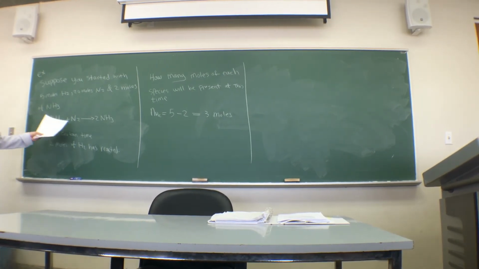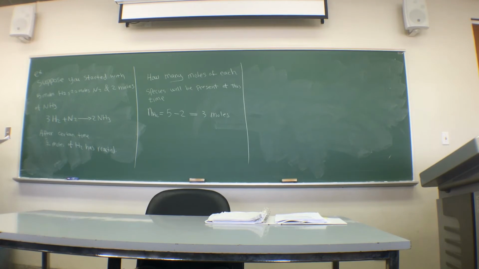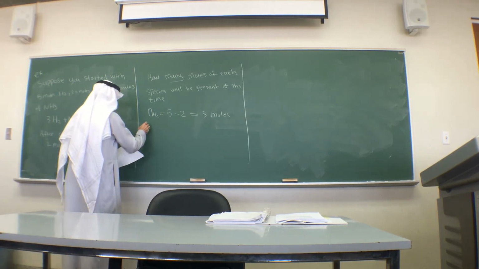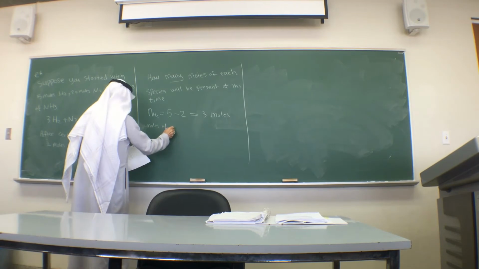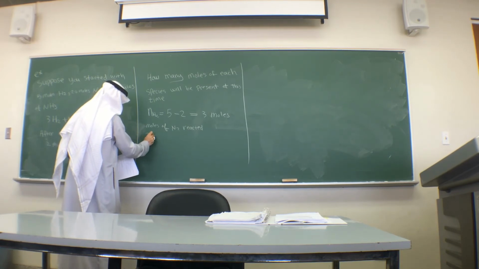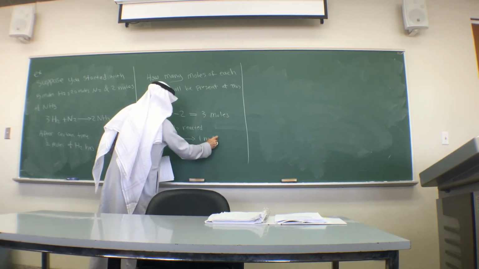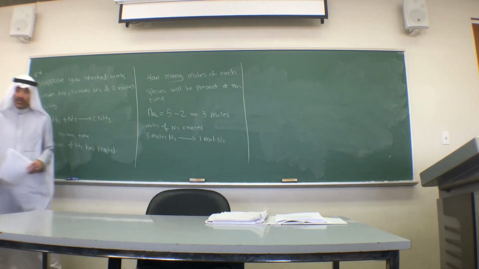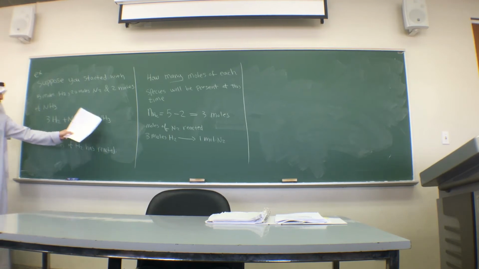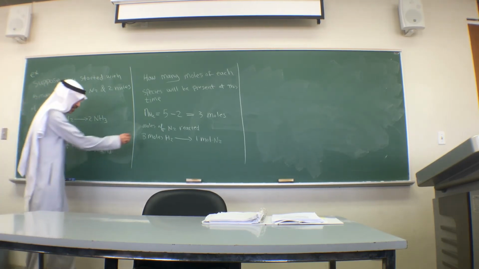What about the amount of N2? Now it starts with 20. Will it be increasing or decreasing? Decreasing because it will react. Right? I now need to know how many moles have reacted from the 20. So to calculate the moles of N2 reacted: 3 moles H2 need 1 mole N2. Right? Let's check whether this is balanced: 6, 6, 2, 2. So 3 moles need 1 mole. How many moles reacted? 2